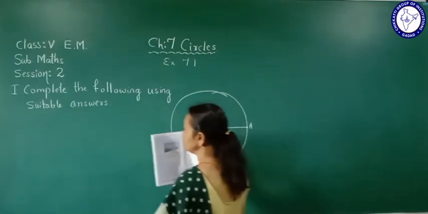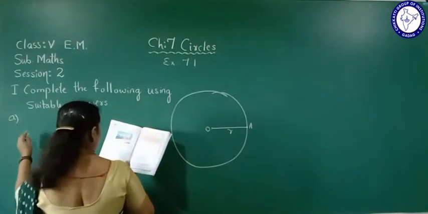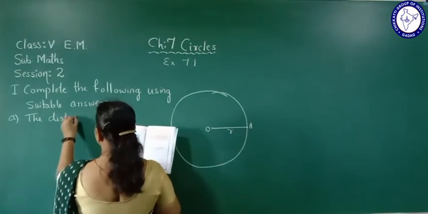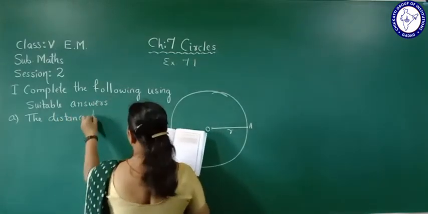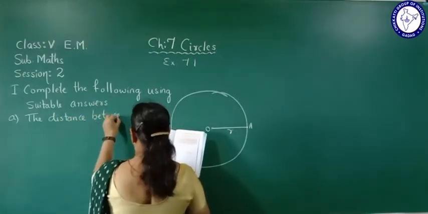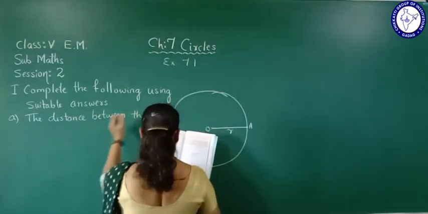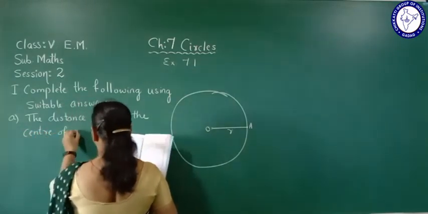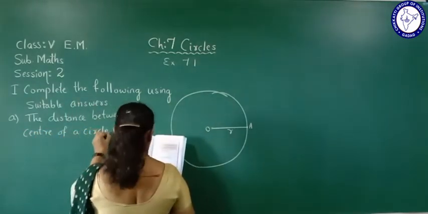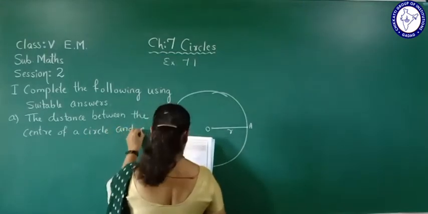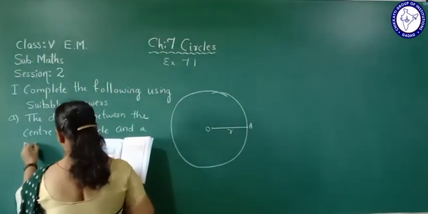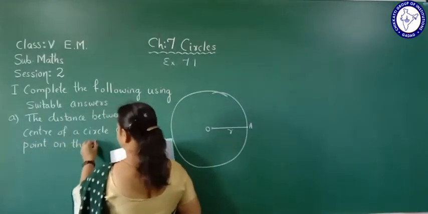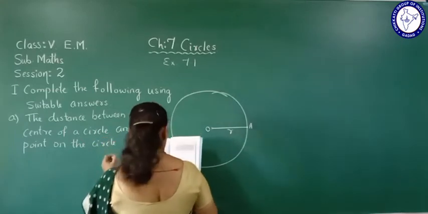First question here is A, the distance between the center of a circle and a point on the circle is called